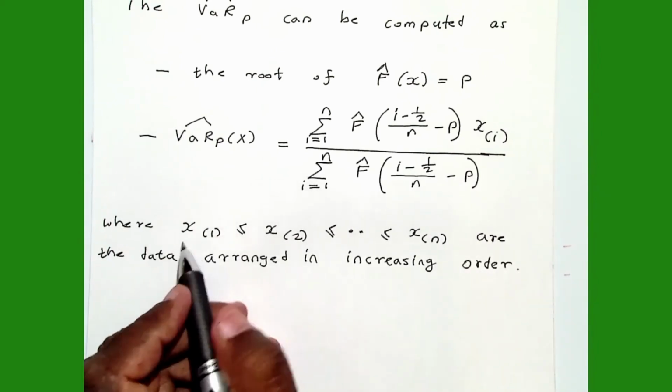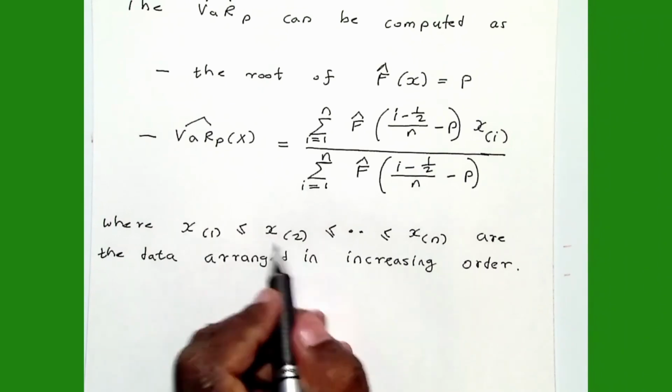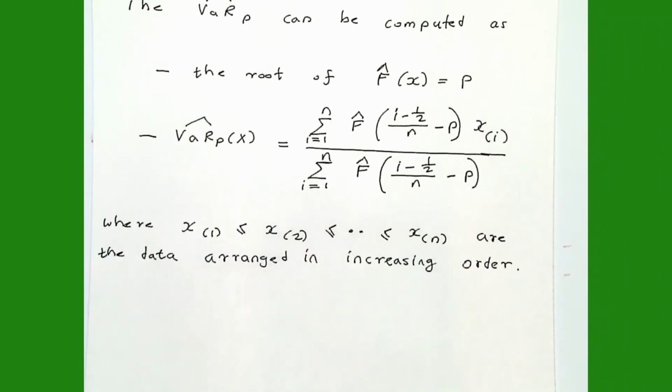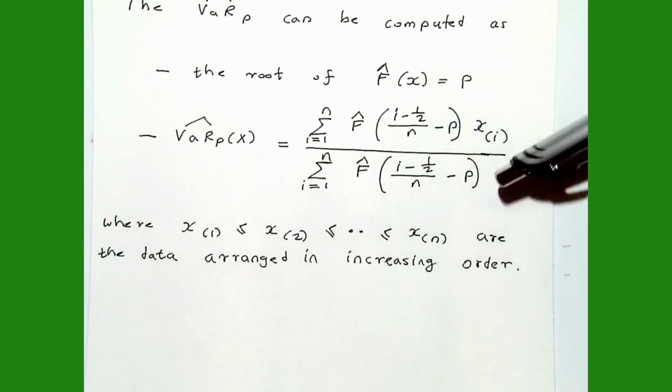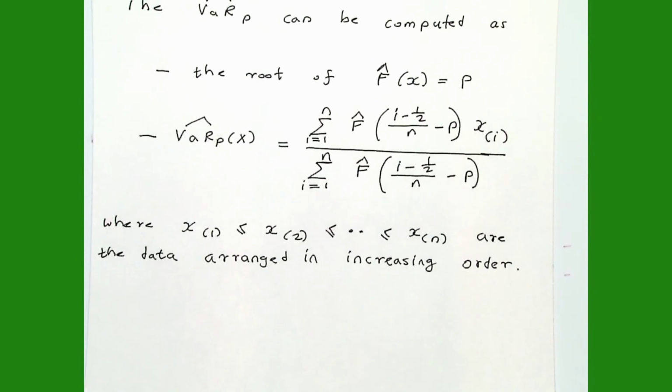Meaning the same thing, that is, this is the smallest, the second smallest, and this is the largest, right? So this completes the kernel method. So there are two different ways of estimating VaR under the kernel method. Either solve this equation for x, and that will be the estimate for VaR, or use this formula. Okay. So this completes the four different methods for